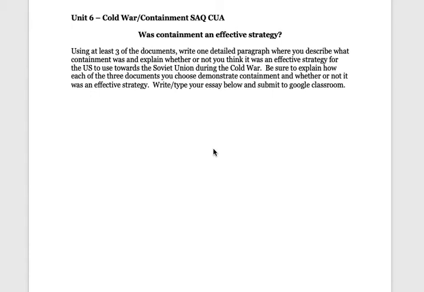Introduction to the rubric for the Containment SAQ, which is the Common Unit Assessment for Unit 6. It's your test. I'm going to go through a little bit of the details. I'm going to run through the rubric here for you, make sure that you understand what we're looking for, and